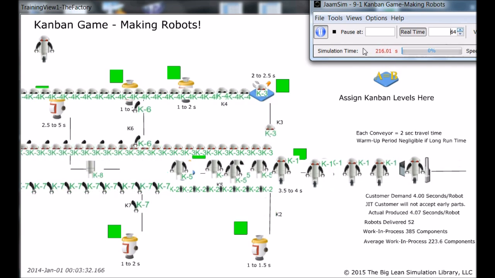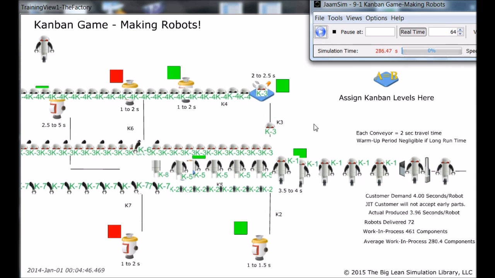And here I'm going to pause it. I'm measuring the work in process by the number of components. So each component that we produced at these 5 machines counts as 1. And then when we assemble the 3 components into the torso assembly here, we'll count that as 3. And a final robot has 5 components in it, so we count that as 5. So we're going to keep track of the number of work in process at any moment, and also the average